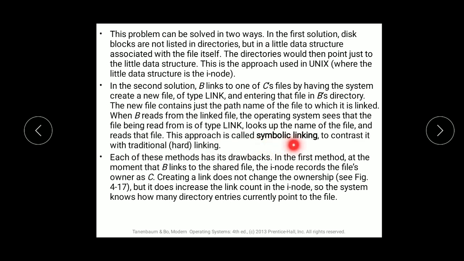This approach is called symbolic linking, to contrast it with traditional linking, that is, actual linking of the file. Each of these methods has its drawbacks. There are some problems, but according to convenience, we could create an inode record for the owner and then reflect it in the inode table.